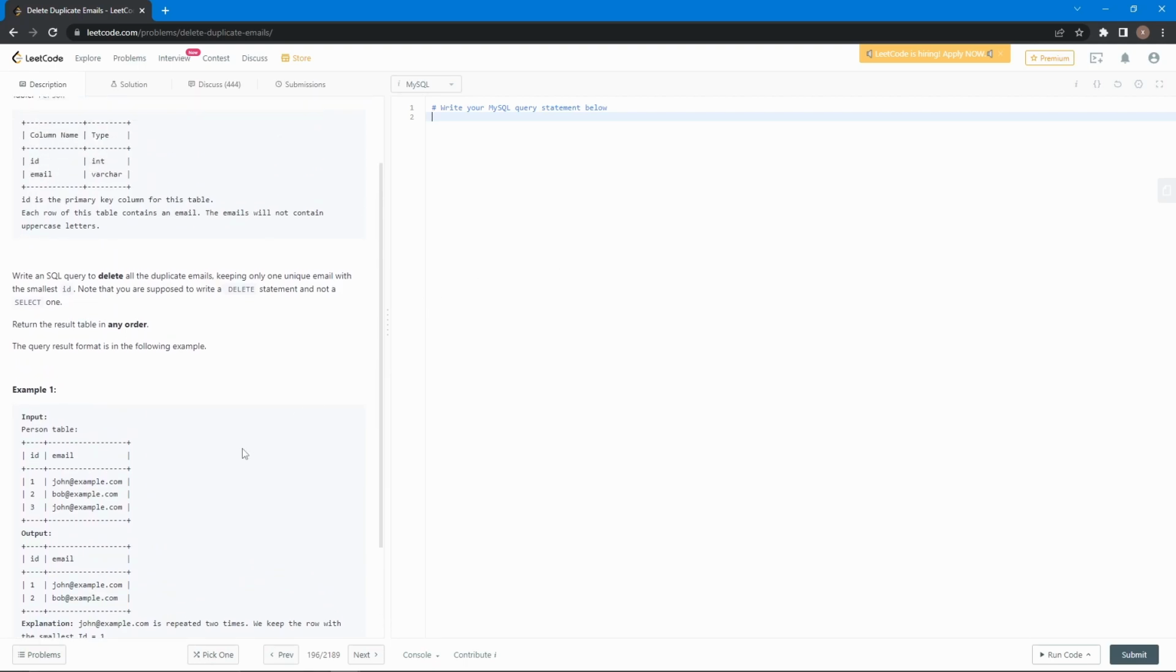Okay, so deleting from person where ID is in, and here we're going to write an inner select statement. We're basically going to select all the IDs that we want to delete. So we're going to select ID from person P. We're going to inner join, we're going to join on the table again, person P2